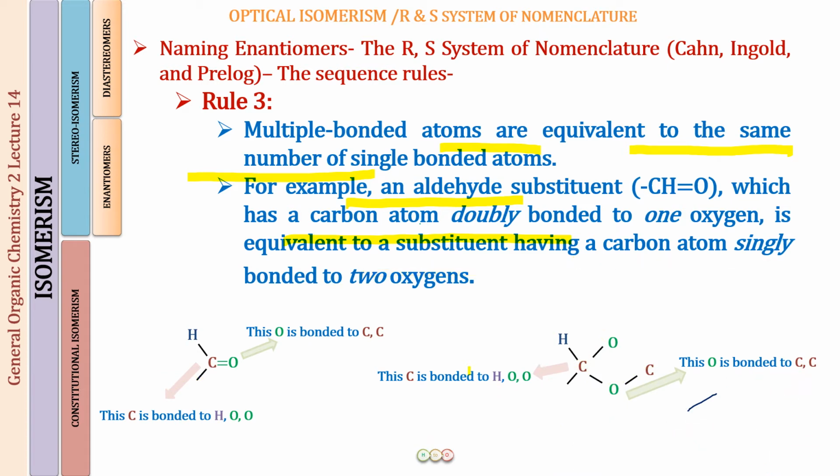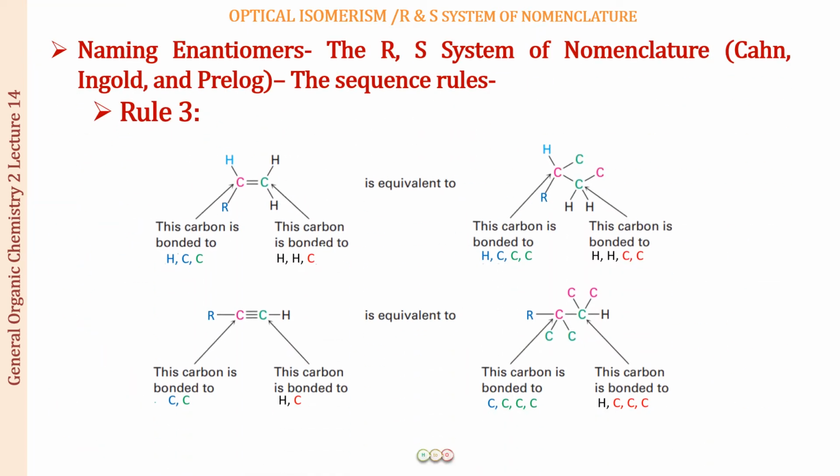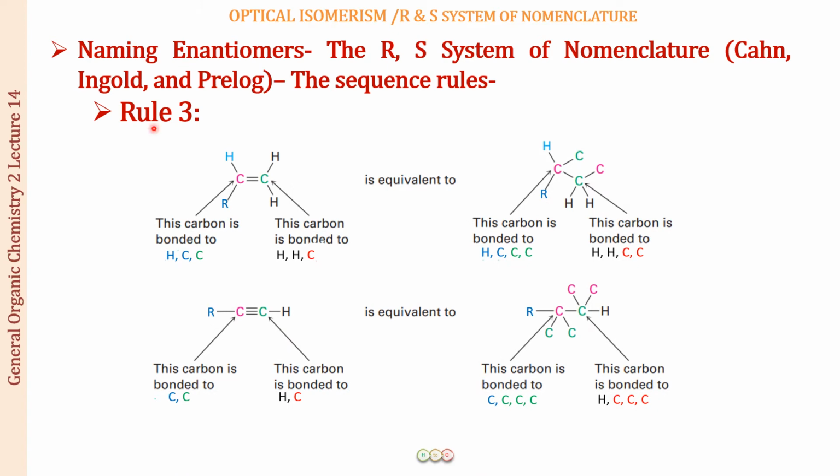But although I will be giving you more expansion where we are going to have double bonds, triple bonds, so let us see a few more examples. So in the example that I will be showing you, I will just be opening up a carbon-carbon double bond and a carbon-carbon triple bond. So here this pink carbon is attached to a hydrogen atom and an alkyl group. So this means another carbon, an H and a C, and this is forming a double bond with this green carbon. So it is an H, a C and a C.